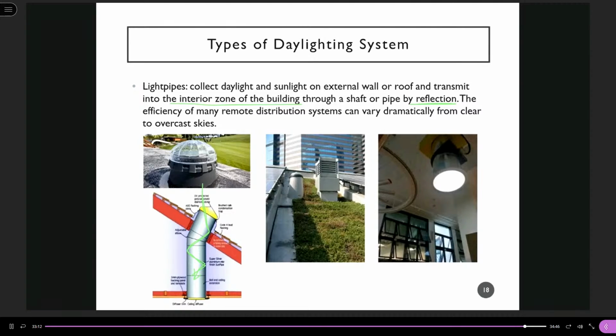This is also a light pipe opening, a picture of the light pipe of the Zero Carbon Building in Kowloon Bay. If you have a chance, you can try to visit the Zero Carbon Building. I don't know whether it is closed now. Maybe for this period of time it is closed. Later on, when we are back to normal, you can have a visit. In the Zero Carbon Building, there are many green features